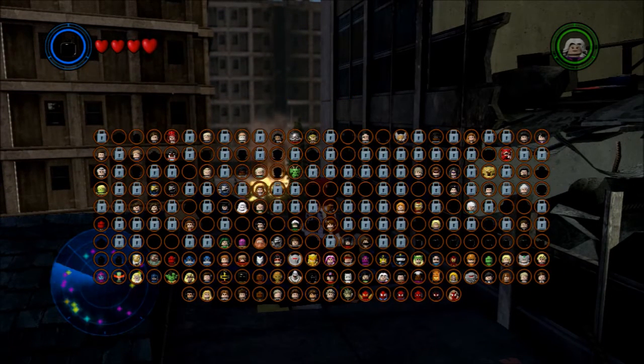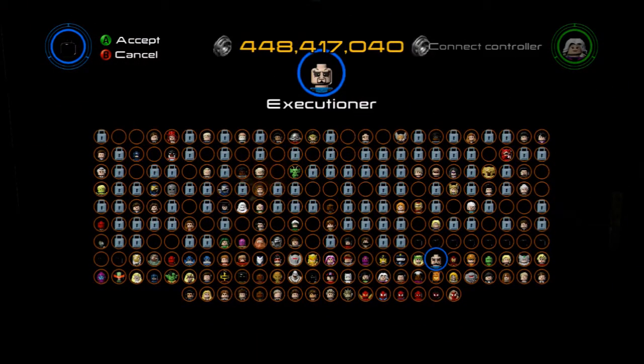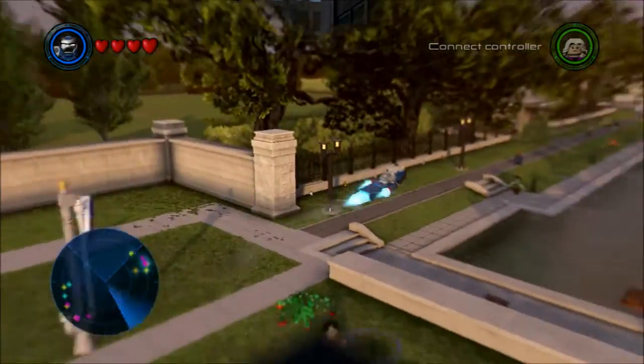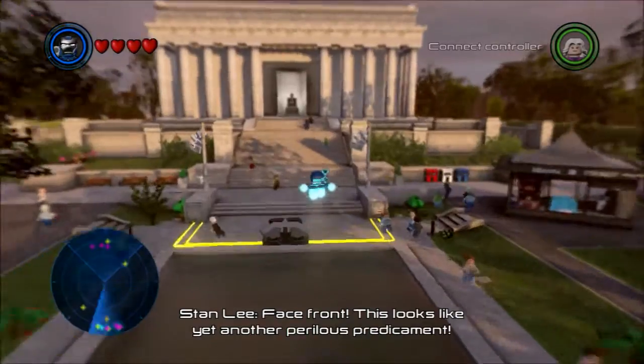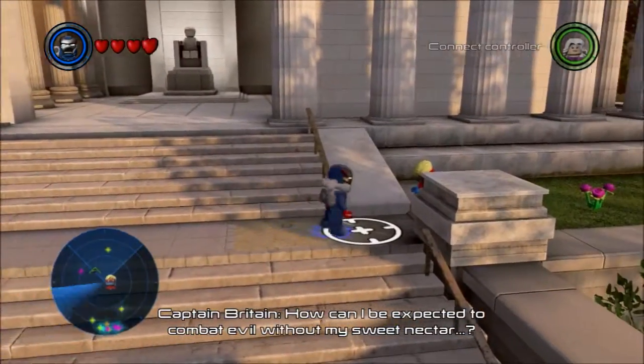So first character we're going to unlock here is Spitfire. Spitfire, named for the British fighter plane during World War II. Although, again, I don't know much about her character other than that she's evidently really fast. Now we're going to switch over to Washington and hit up our next guy, which happens to be good old